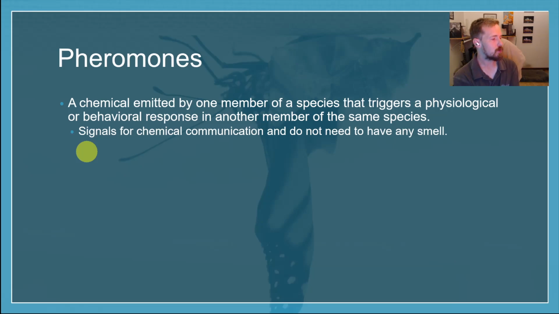Now, a pheromone, if you've never heard that word before, it's used a lot for animal research and to talk about how animals communicate with one another. A lot of animals communicate not with sound, not with sight, but with scent, right? And you know this because your dogs like to pee on everything, right? And it's not because your dog is a jerk. It's because that's kind of how they communicate. It's a way for your dog to be like, hey, I'm going to let whoever was here know that I was here too. That's all they're saying.